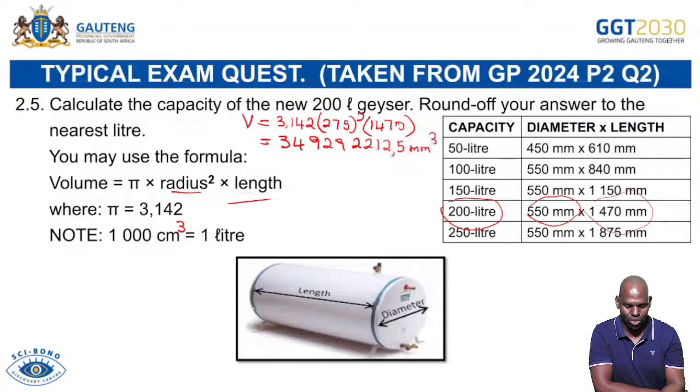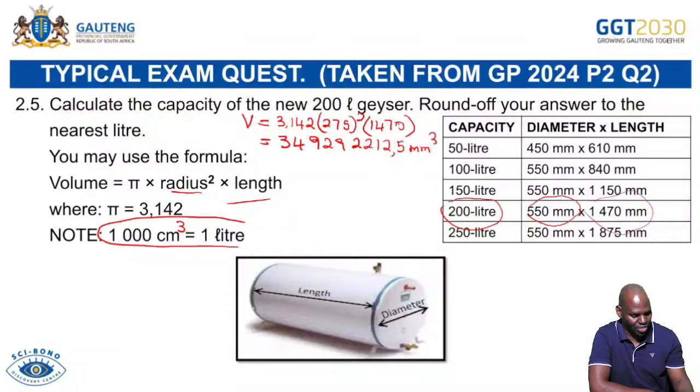It's a very, very big number. The examiner might ask you to write it in words. So 349,292,212.5 millimeter cubed. Okay, but in order to do the conversion to liters, I divide this by 1000,